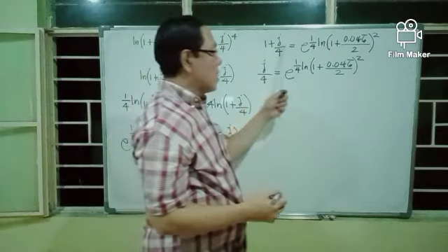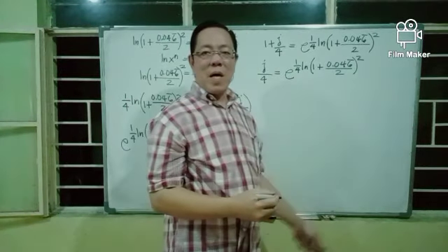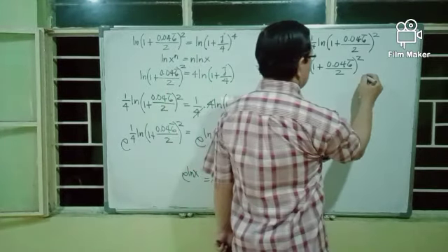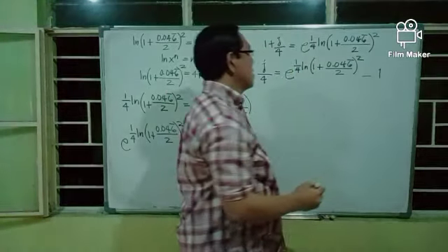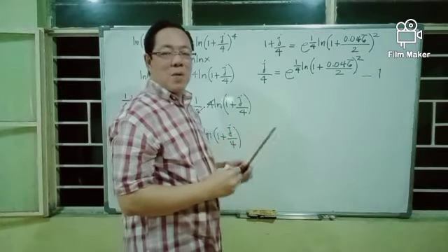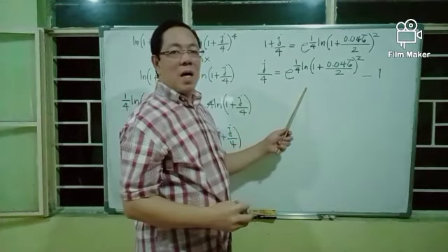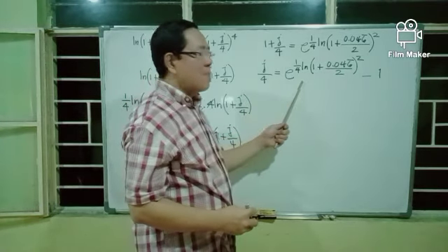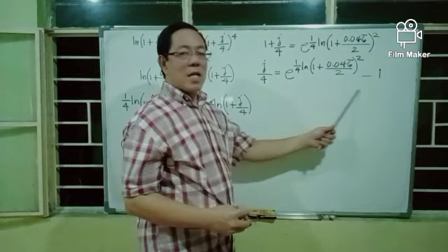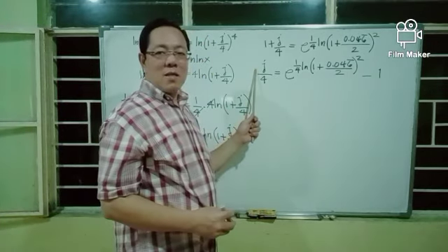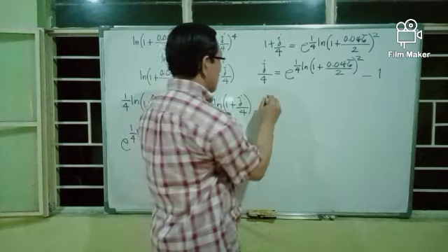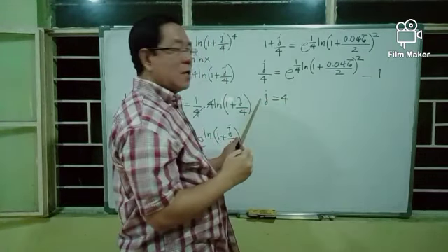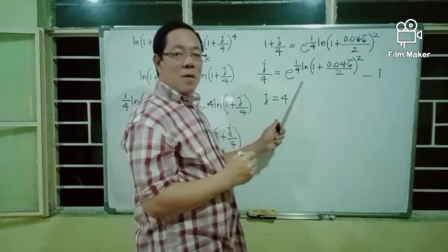And we transpose 1 to the right-hand side, it becomes minus 1. This quantity minus 1. And finally, we multiply both sides of this equation by 4, or cross multiply. Multiply 4 by this quantity at the right-hand side. And we finally get j is equal to 4 times